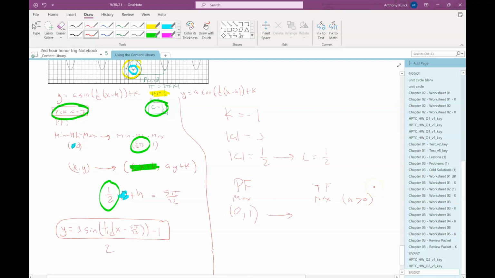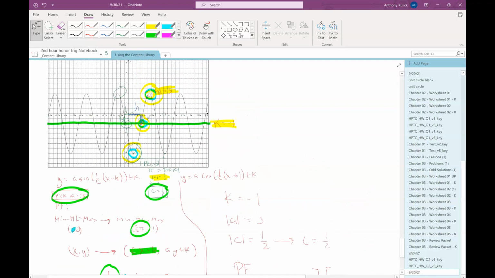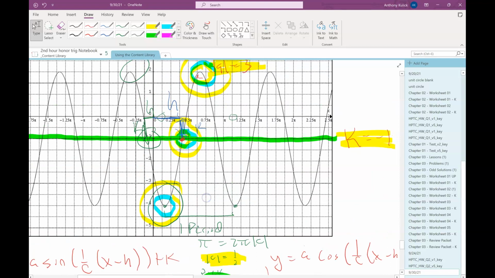Or I could use a minimum if that's more convenient, but in that case the a would have to be negative. Okay with that? So I'm just going to go back to my function and choose any extreme point, either a max or a min. So let's say we wanted to use this point. Everybody's okay? Since this is a minimum,